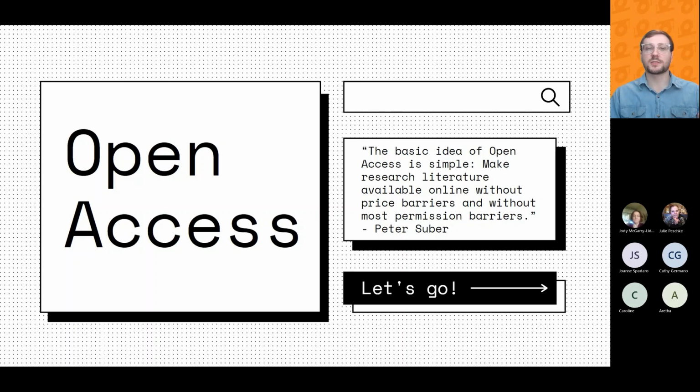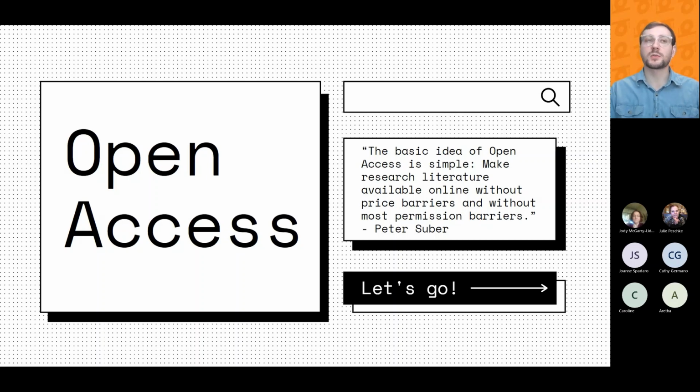Freely available doesn't mean openly licensed. You might find stuff on the internet that might be free to read, but unless it's otherwise specified, it might still be subject to copyright, and the use is outlined by the creator. Open access, on the other hand, is openly licensed. That means it's been released under a license that allows readers to, at minimum, share and read the work without paying or requesting permission to do so.